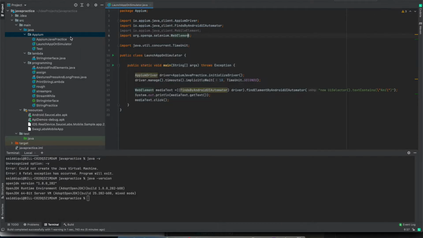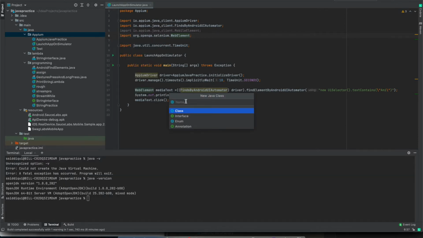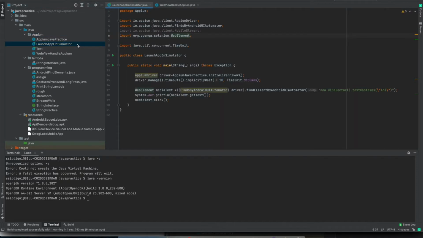So for that, I am going to create one class, and that class name will be maybe WebViewHandleAppium. Now I will just copy and paste from here. So this is for initialization of the capabilities if I'm running Android and these things.